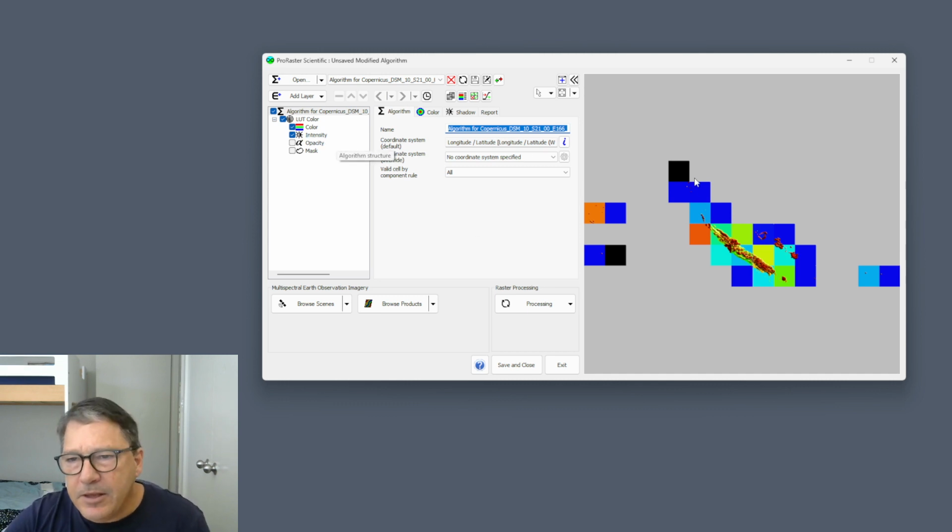Now it looks quite funny because each tile gets rendered individually, so the color stretch is individual for each tile, and also the intensity, the sun shading, and that can go pretty bad when you've got tiles that have almost no data in them whatsoever. Anyway, we also want a